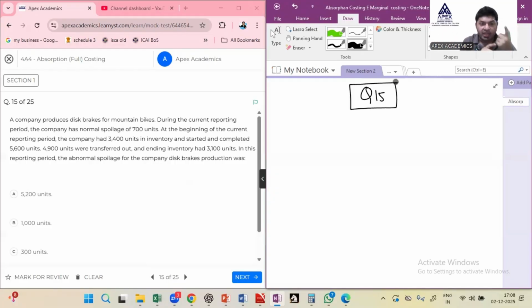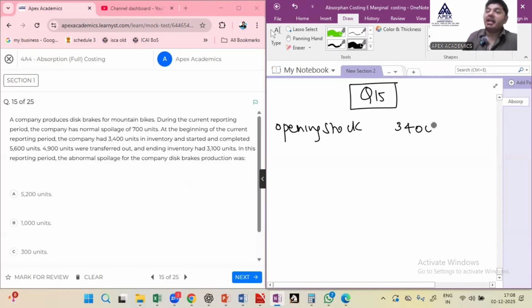Sir, at the beginning of the current reporting period the company had 3,400 units in inventory. Opening stock is 3,400 units. Then this company started and completed 5,600 units. Please try to understand this logic and this concept. I have an opening stock of